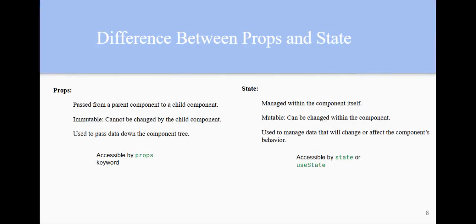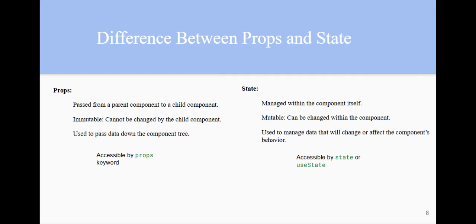Next, we shall know the differences between props and state. In React, both props and state are used to handle data, but they have distinct differences in how they function within the application. Props are used to pass down data from the parent component to a child component, while state is used to store data within the component. State is managed within the component itself, which means that the component has control over its own data, whereas